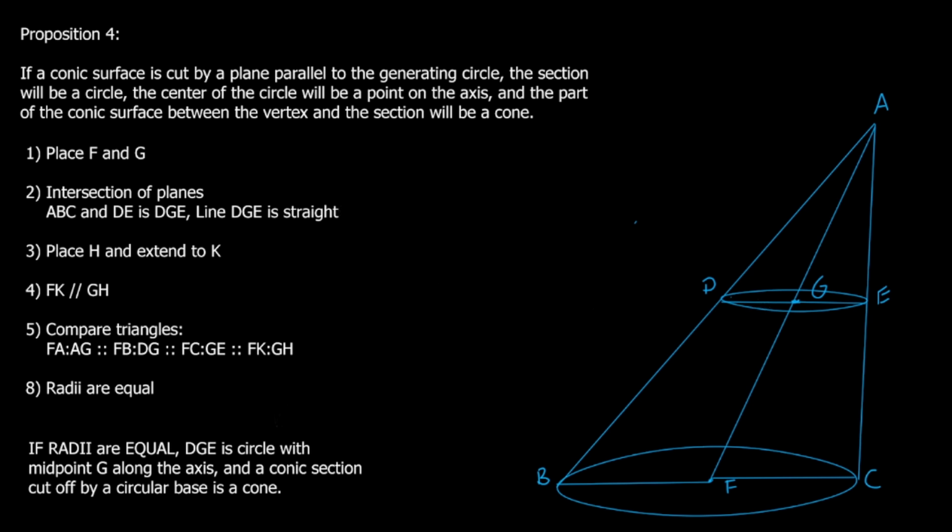Now we're going to take a point, any point we want, on the line DE. Put mine over here, and we're going to label this H. And we are going to connect the vertex to H and extend it down to the generating circle. And we're going to label this point K. Oh, this is not showing up on here, is it? I'll put this here. Okay,